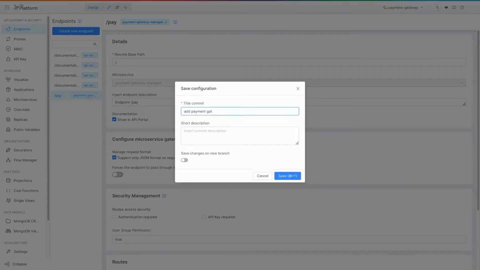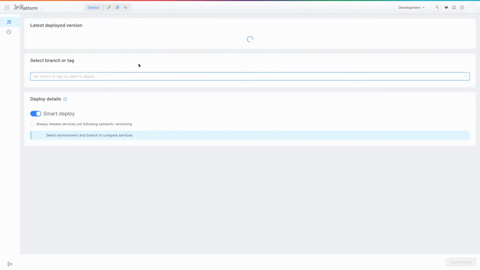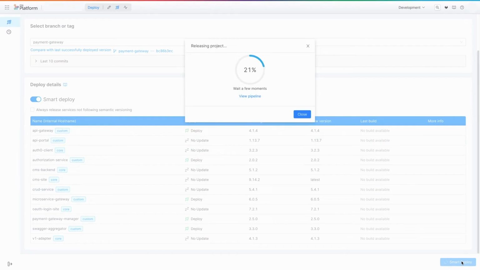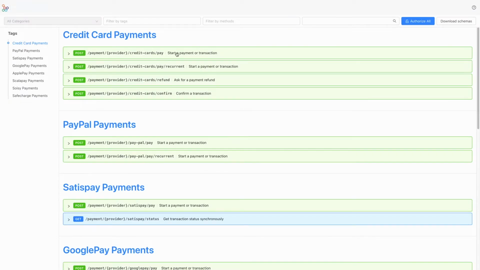Let's save the project and deploy it. Always check the right branch before releasing it. Once we have released it, let's go check the Payment Gateway APIs. As you may notice, we have two types of endpoints. This one shows that you can make a single payment using this specific provider, while this one shows that you